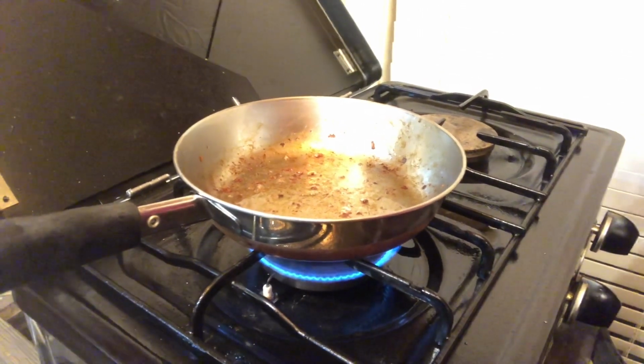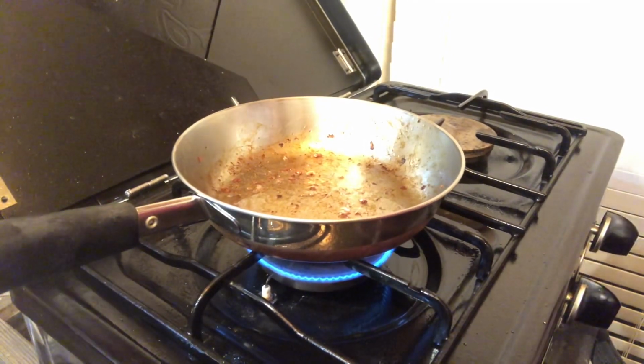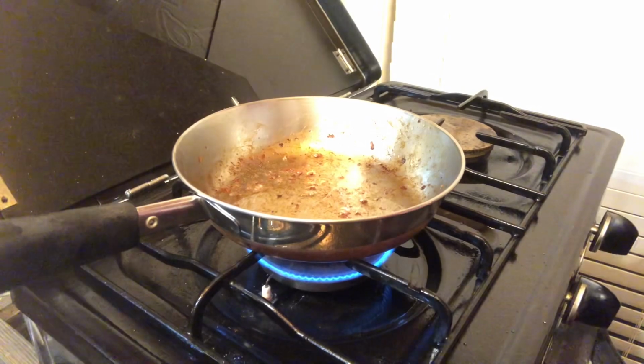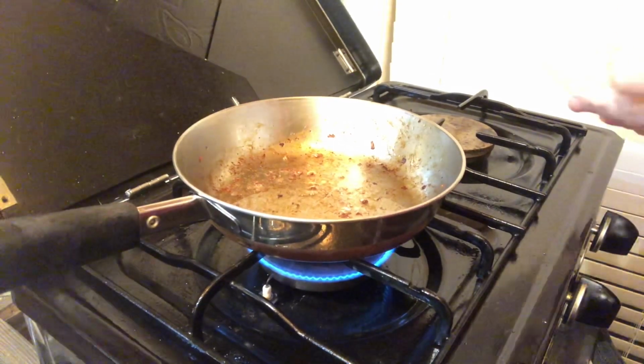Okay, tonight's recipe will be some kind of special grits. I'm going to call these... I don't know if these would be my own recipe because I came up with this by myself, but I'm